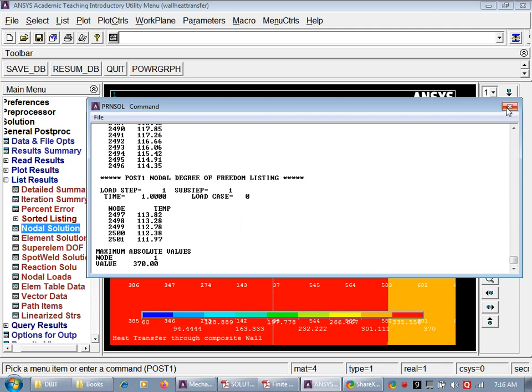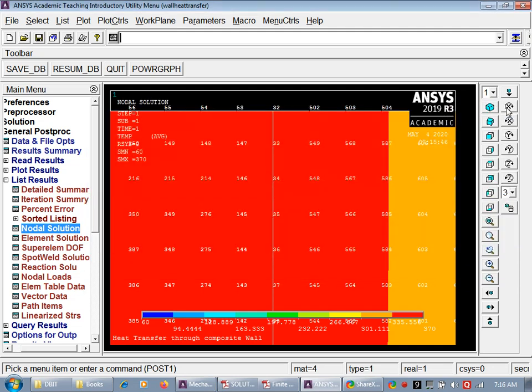So this is a simple problem of composite wall heat transfer. Even though the heat transfer phenomena here, we have modeled it in a two-dimensional element and tried to do a two-dimensional analysis, manually we can do it in one-dimensional heat flow phenomena only.